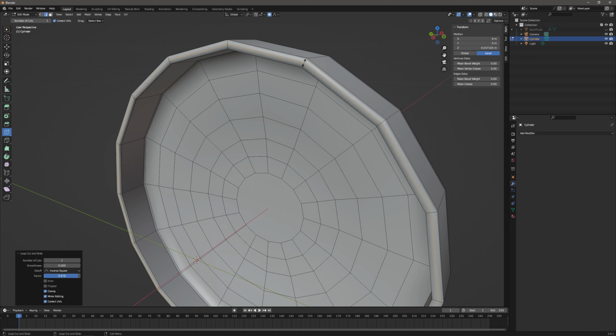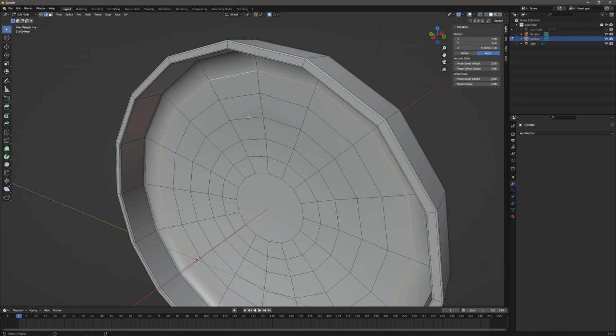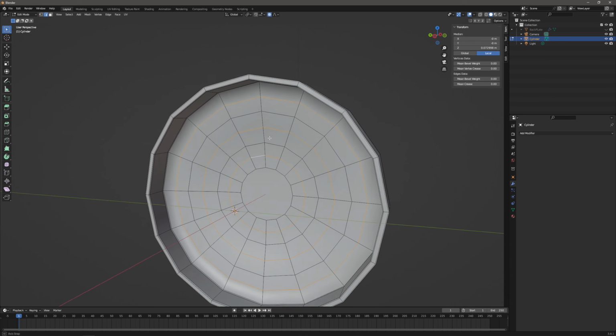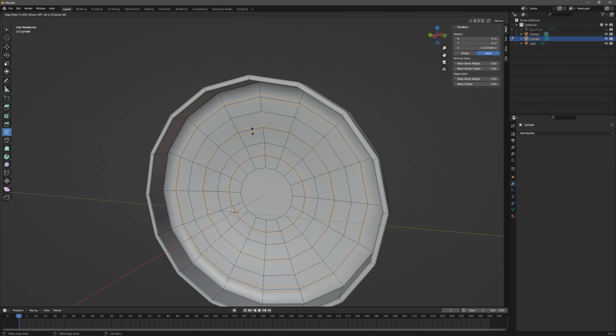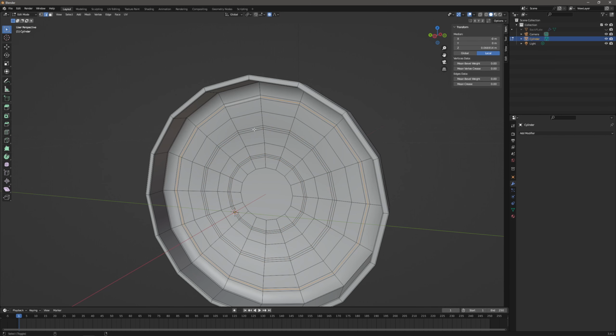So one here and one there. Great. Okay, now let's select every other edge loop. Click the offset edge loop cut, move it outwards a little bit, then select the original edge loops, dissolve them,